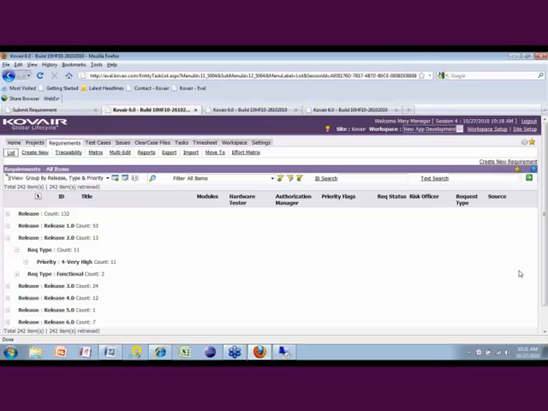Does the system interface with open source products such as Jira? Okay, yeah. Again, the answer is yes. I think I mentioned that if you already have Jira, then you don't have to use Kovair's issue management system. You can, as a matter of